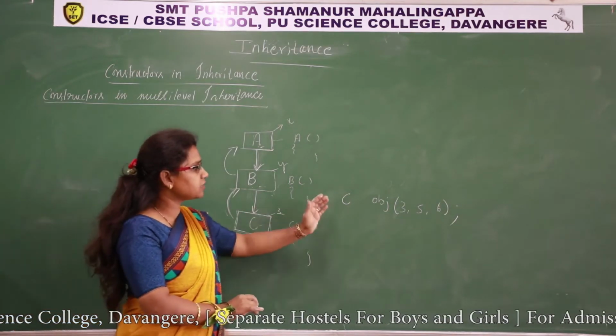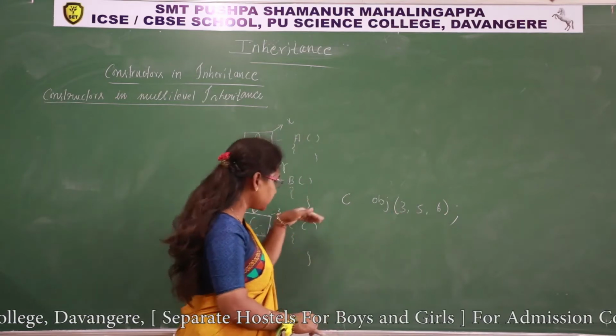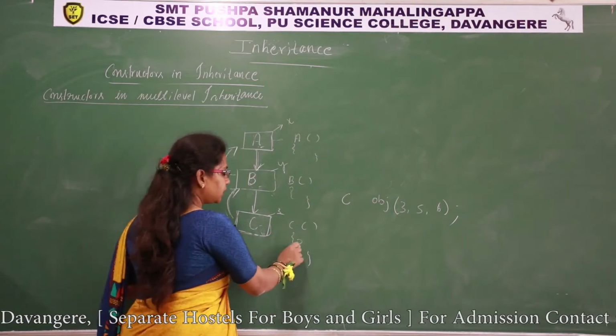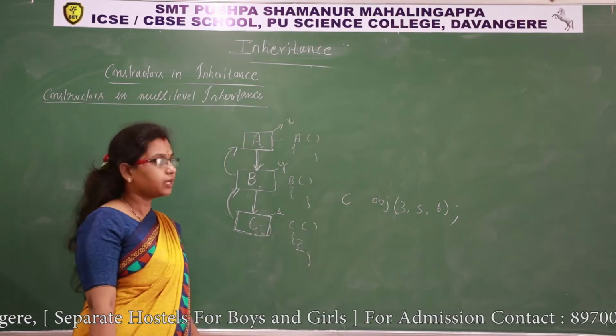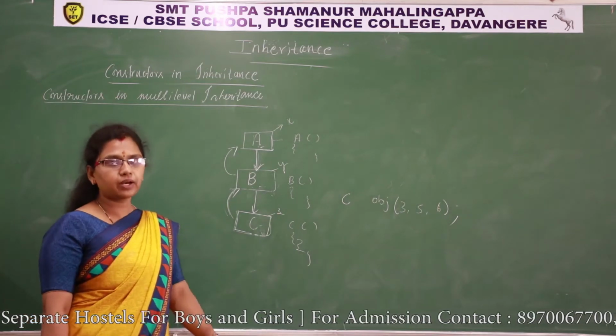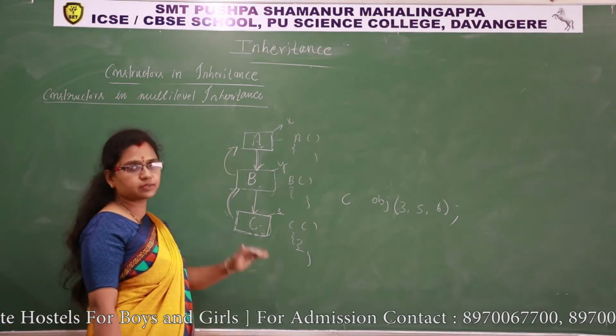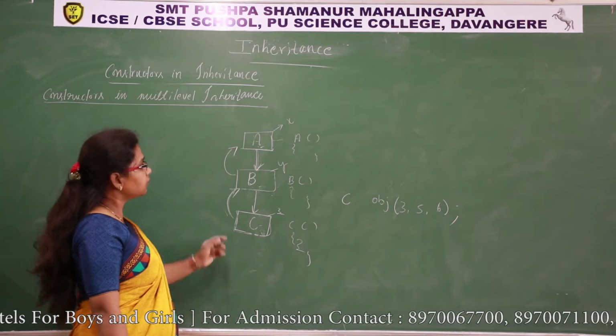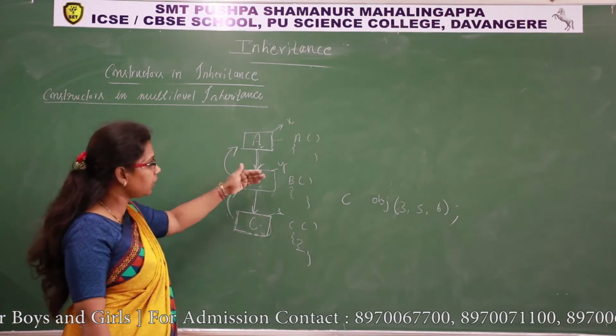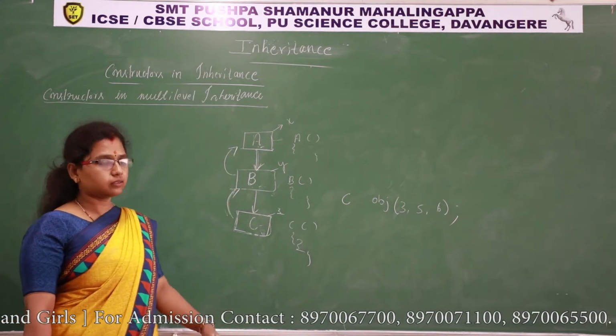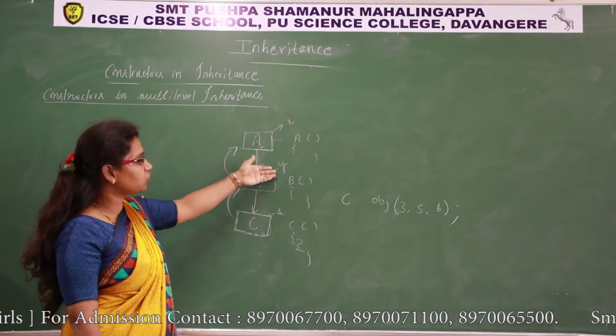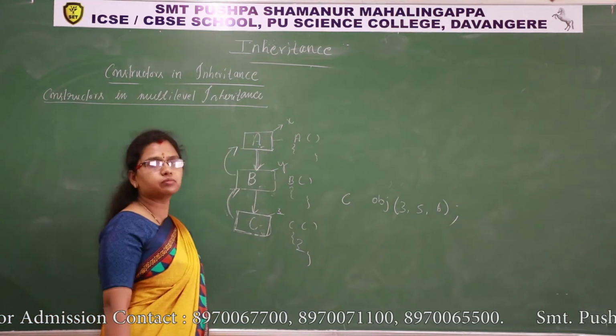Then it initializes any one of these to its own data member Z. Z initializes its own value. And the remaining 2 parameters are passed to class B. Then class B has to decide which data member it wants to initialize to Y and which one it has to pass to the base class.